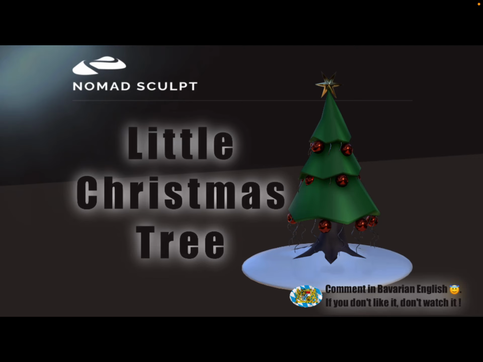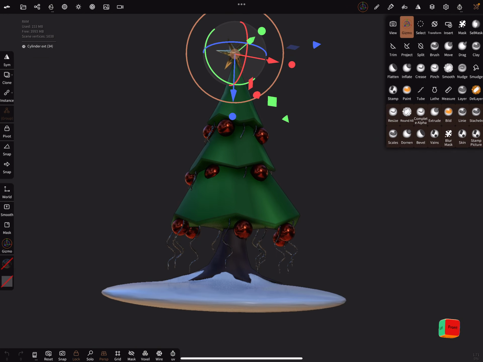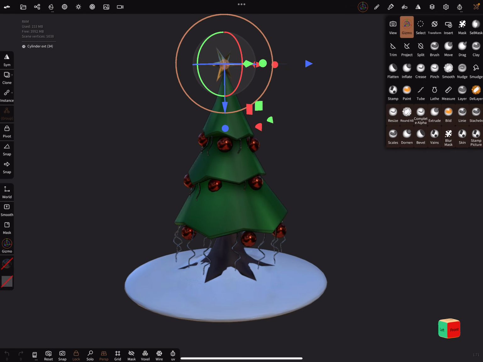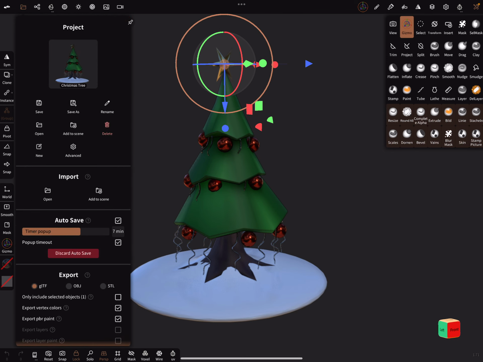Hello, it's Christmas time. Let's sculpt quickly such a little Christmas tree. Okay, Nomad Sculpt. This is the goal. Okay, I start with a new scene